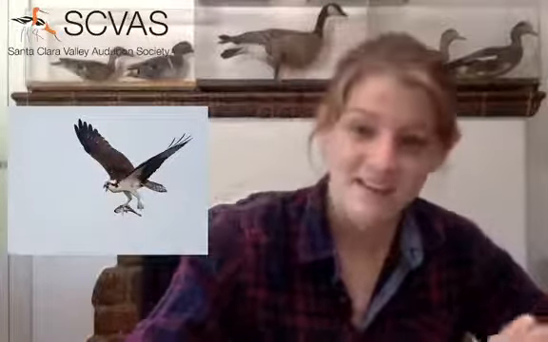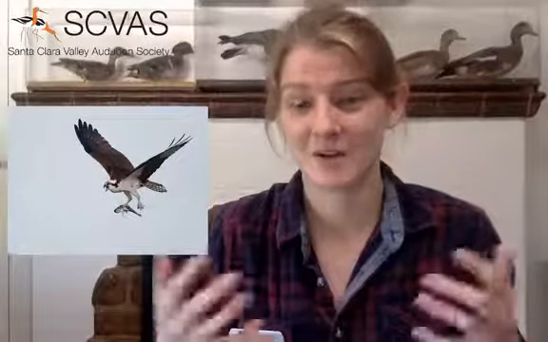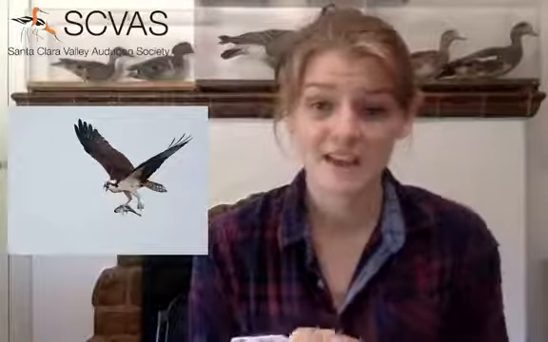Now, beyond that, the scales of these toes actually have barbs on them. Now, many of our birds have scales on their feet. It's for protection. It's also evidence that they're dinosaurs, so that's always fun. But the osprey takes it one step further, and it's not just for protecting their toes and their feet, but it also helps them keep a grip on what are, once again, super, super slippery food products.